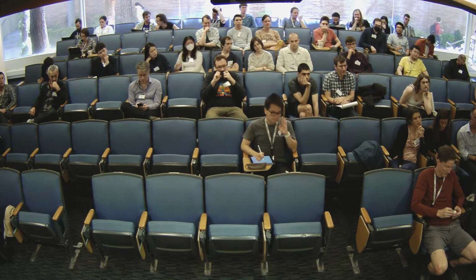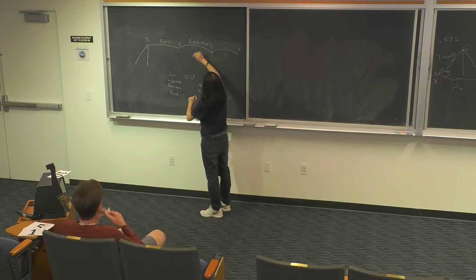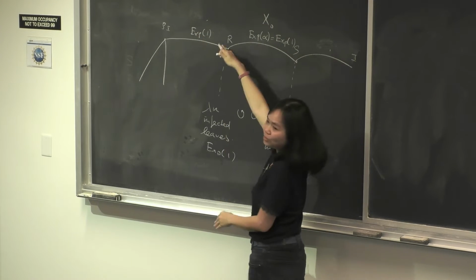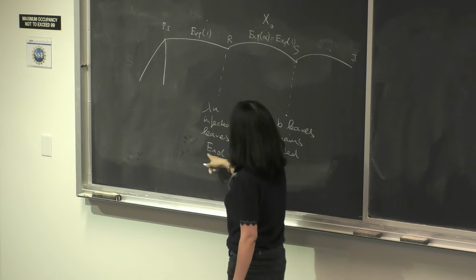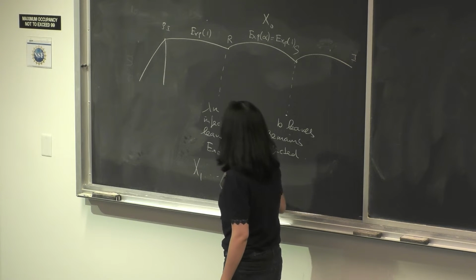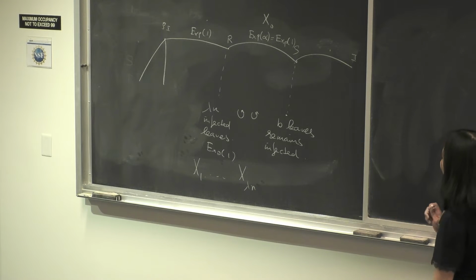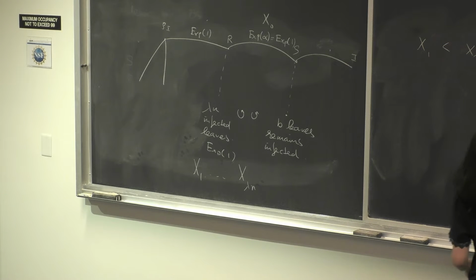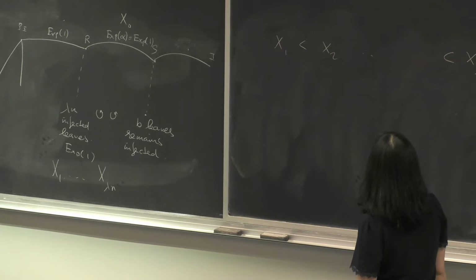Binomial formula. So we have, and that's the reason why I suppose alpha equals 1 for this heuristic. So this is an exponential, let's call it x0. That's an exponential 1 clock for the root to be d-immune. And each of them, we have an x1 up to x lambda n. And we have b leaves remain infected. I mean, if we rearrange them, x1 smaller than x2 smaller than x lambda n, and we have b leaves remain infected if,